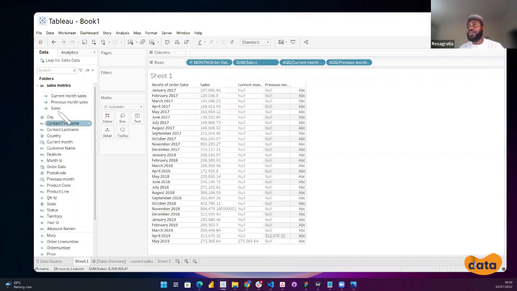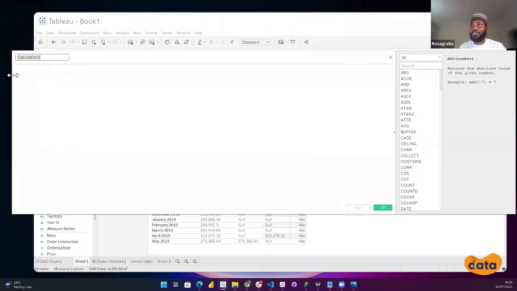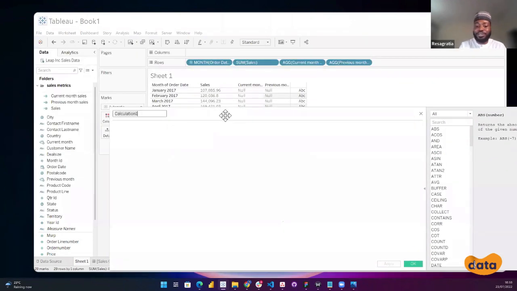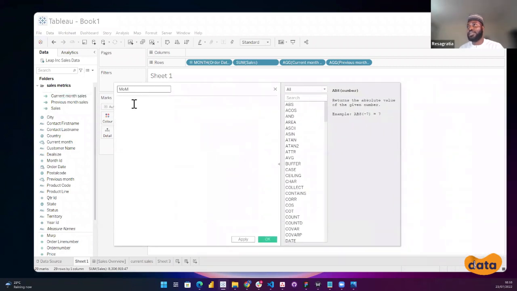And if you have the previous month, now how do you calculate month on month, right? So you can simply start from there, create calculated fields, right? You can now say, hey, your month on month sales. So I'm just gonna tag it like this, MOM. And it's actually a percentage, right? So my month on month calculation is actually like this. Your current month sales, whatever the current month is, minus the previous month, and you divide that by the previous month. And if you look at that math, right,